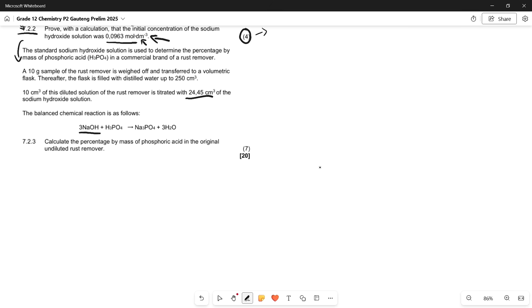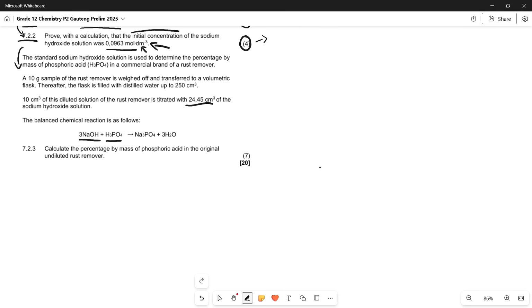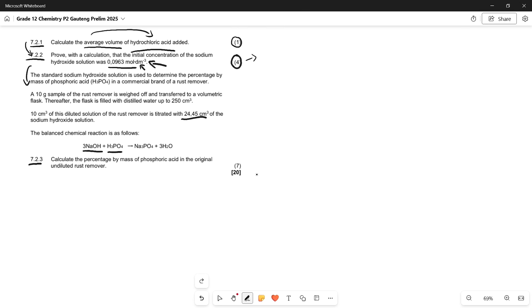We have 3 NaOH plus H3PO4, and then we have our products over here, which are usually unimportant for us, especially for big mark questions like the 7-mark question over here. So the balanced chemical reaction is as follows. We're going to focus on the reactants over there. And then 7.2.3 for 7 marks says calculate the percentage by mass of phosphoric acid in the original undiluted rust remover. So one thing also to note is that there's a titration over here. We titrated it on the last step, and it's very important to see how we can move backwards in these types of questions, which means I'm going to go ahead and